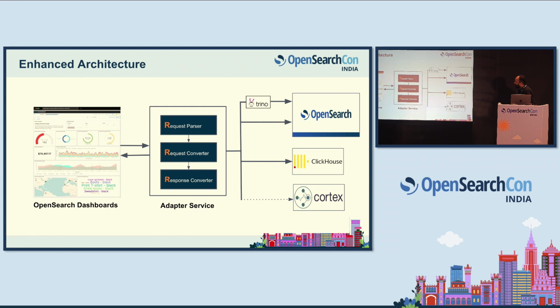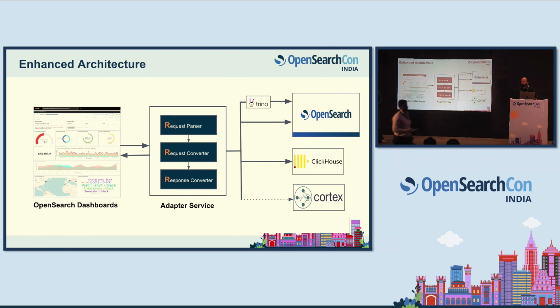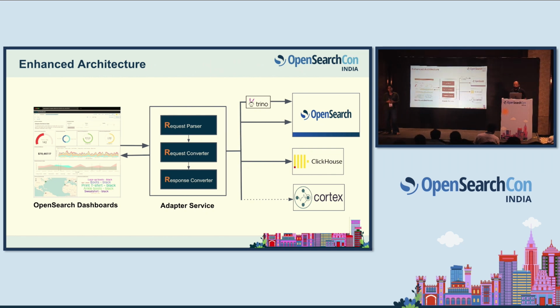Our adapter service is mainly built on 3 core modules. The first module is the request interceptor and parser. This module acts as an entry point for the incoming request coming from the OpenSearch Dashboards, and it parses and understands the request irrespective of which observability signal the request belongs to and which data store it targets. This is crucial for us to enable querying across a multi-cluster setup, as it allows us to identify and route the request to the right cluster.